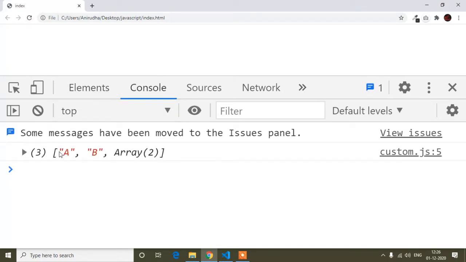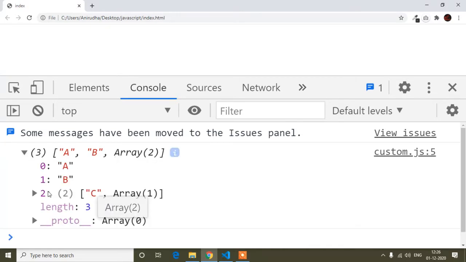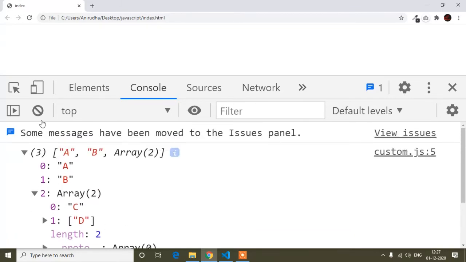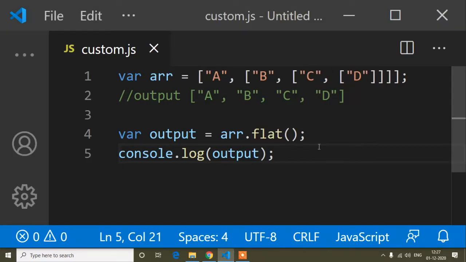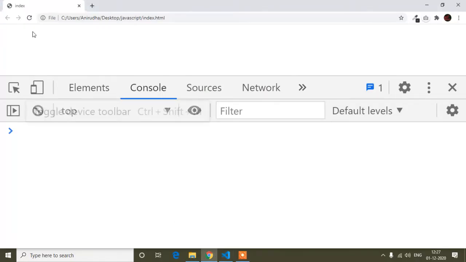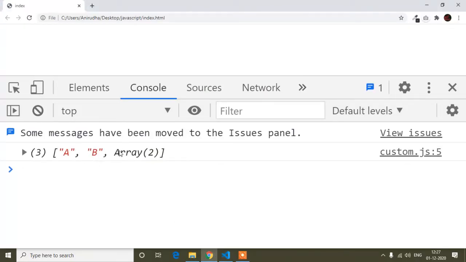Here you can see a, b, and after that two sub arrays, like if I open, then c, and again if I open this one, then d. I told you the flat method creates a single array, but here the two sub arrays are still there.